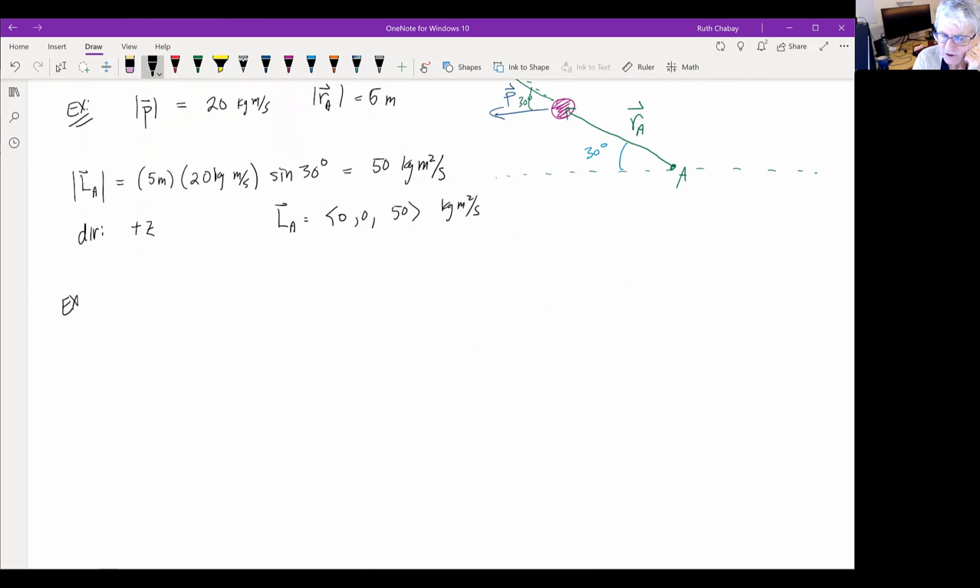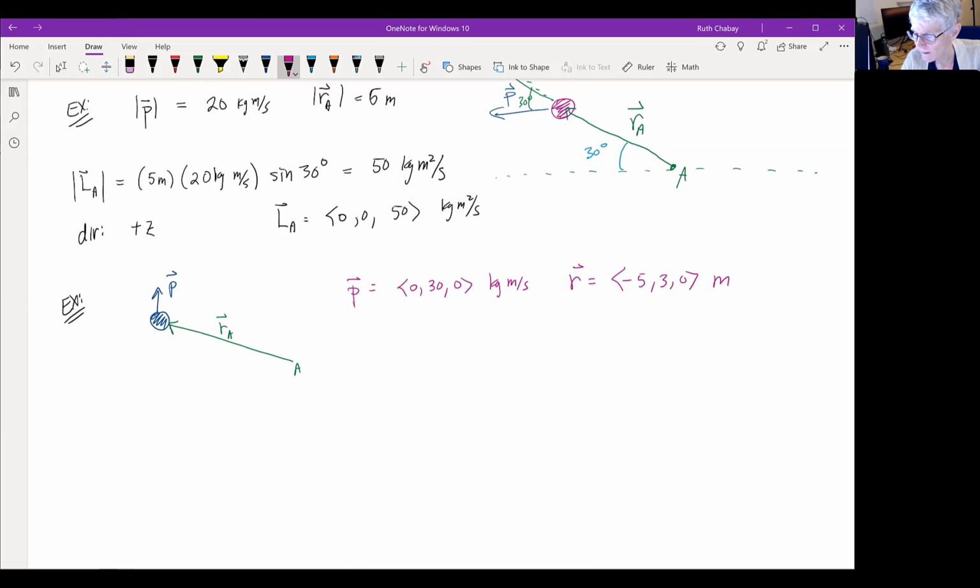So here's a different example. Suppose we have an object with momentum like that, and we still have a location A here, so this is R sub A. Now we know the values of the vectors. The momentum is 0, 30, 0 kilogram meters per second, and R is equal to negative 5, 3, 0 meters. We want the angular momentum around location A, which is R sub A cross P. Here it's easiest to use the full formula rather than trying to figure out an angle. So L sub A is going to be equal to